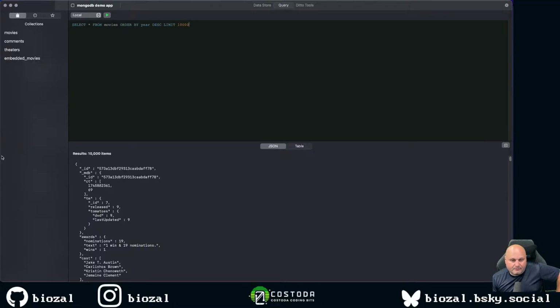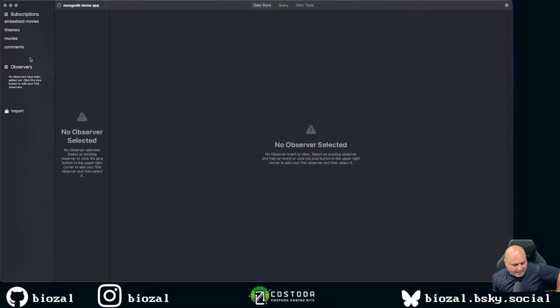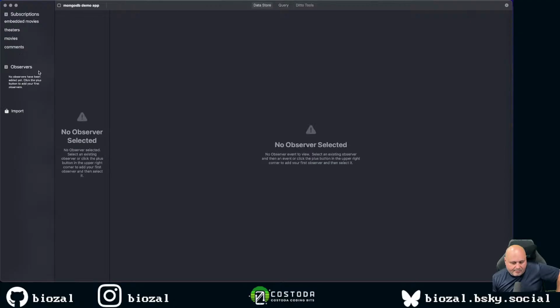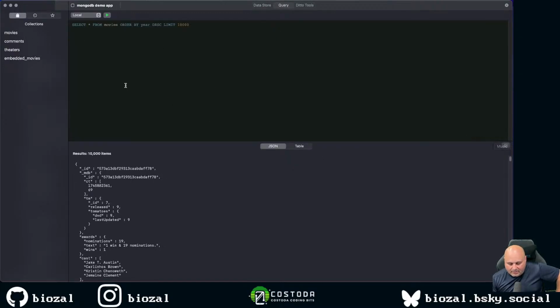Collections, we need an import button to import data. Right. Well, wait, I think I do it over here. Should it be in the collection though, or data store? Well, I think tomorrow what we're going to do on stream is clean up this UI. If we say that importing data is done,